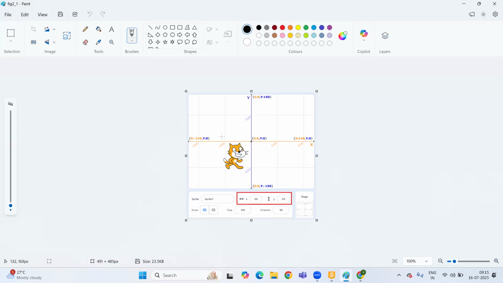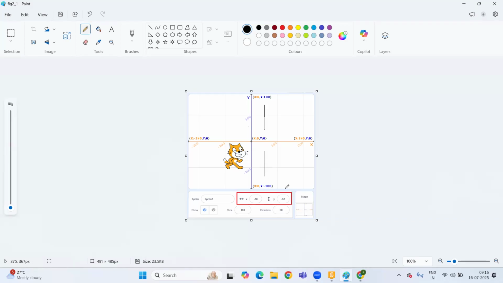And the y-axis represents the vertical position. This one is the vertical position, right? With positive values upward and negative values downward from the center.